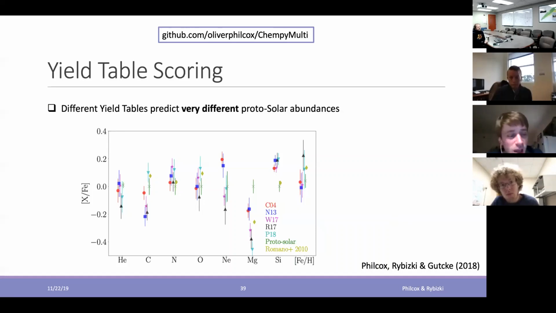So we looked in the literature, and I was wondering if you have some take on this, because the only thing that we found was that if you lower the explosion energy of core collapse supernovae, then this silicon overabundance or magnesium underabundance is less severe. But maybe someone in the audience has an idea what causes this discrepancy.